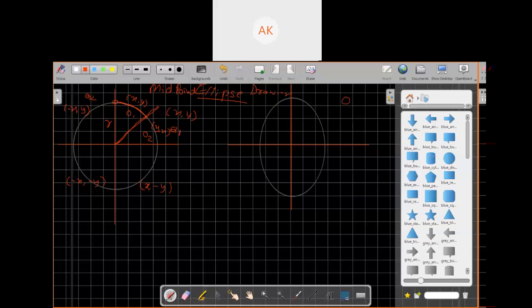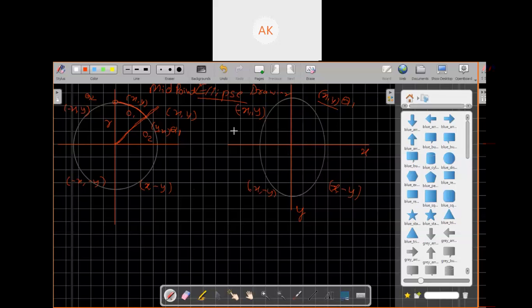This is quadrant 1. If we find the points of quadrant 1, suppose this point is x y, it follows the symmetric property along the x-axis and y-axis. This is the x-axis, this is the y-axis. When we calculate the point in quadrant 1, x y, we can easily calculate the point of quadrant 2, which is minus x, y. In quadrant 3, it will be minus x, minus y. In quadrant 4, it will be x and minus y. As you can see, this follows a symmetric property along the x-axis and y-axis.